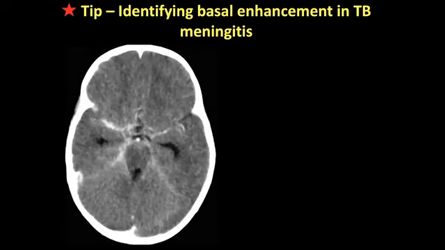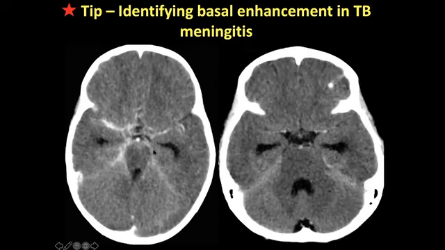So what are other features to look for basal meningeal enhancement? Well, you can see here, it's quite easy to see the so-called Y sign of enhancement in the MCA cistern. You can see enhancement around the brainstem. But what about in this patient? Does this patient have TBM? The patient had miliary TB on chest X-ray, a decreased level of consciousness, and meningism.